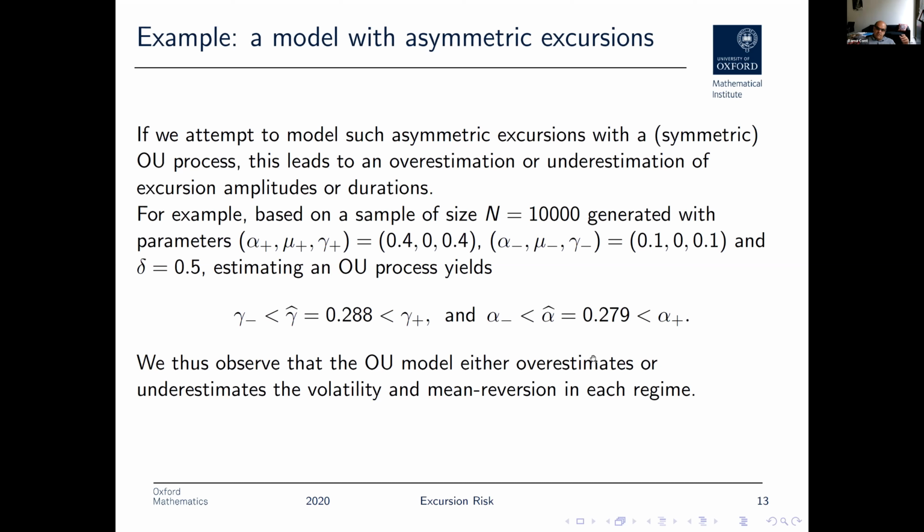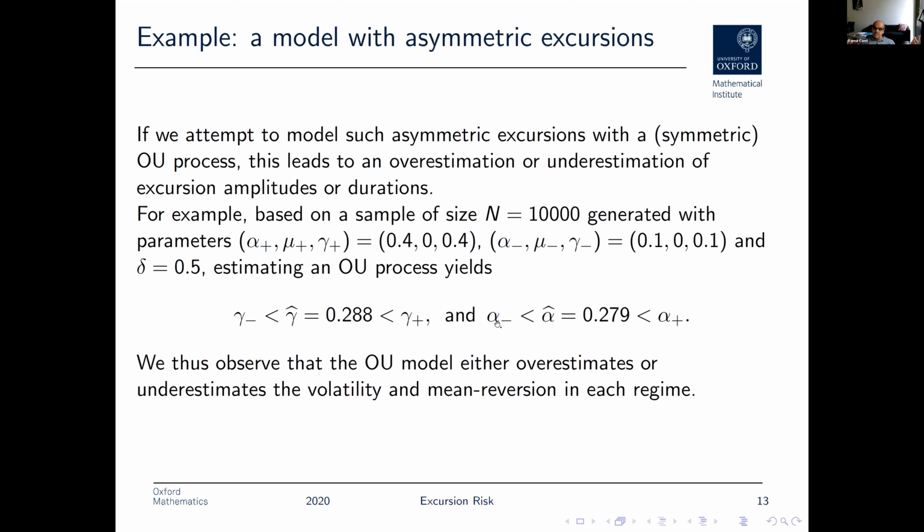So if you ignore this asymmetry, which we do see in the data, there's a lot of asymmetry between what happens near 0 and far from 0. If we ignore this asymmetry and we just estimate a classical OU model, then we're going to overestimate the mean reversion